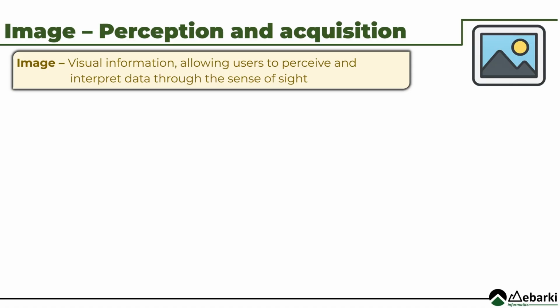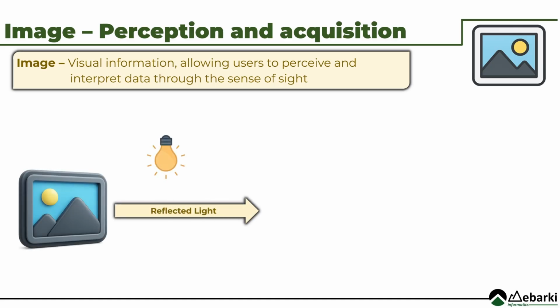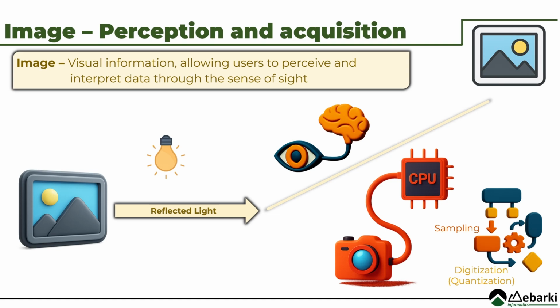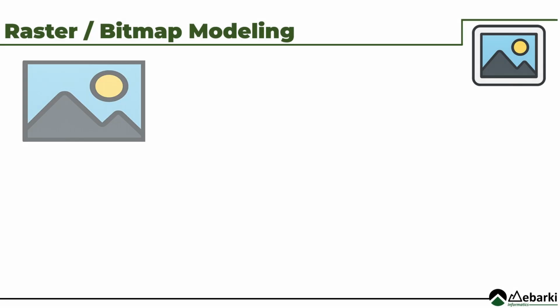Whatever the perceptual dimension, reproducing it on a machine requires an understanding of the underlying perceptual process. In the case of vision, an image is mentally reconstructed after light reflects off objects, is captured by the retina, and then transmitted to the brain for interpretation. This same process is mirrored in a camera. Images of the external world are acquired through light capture, while the brain's role is replaced by processors and computational processes. Let us now move on to the modeling of the image, the first model being the pixel-based representation, or